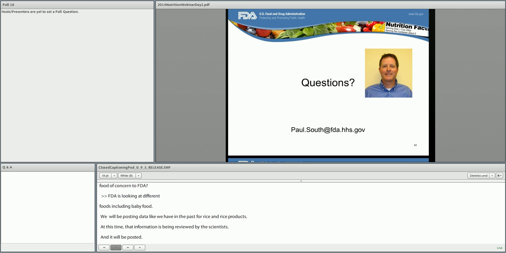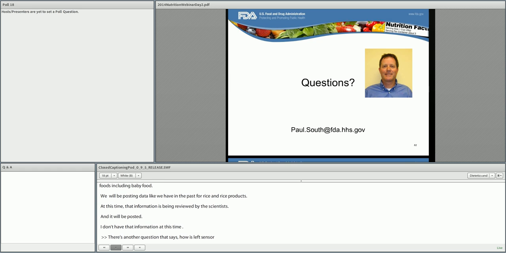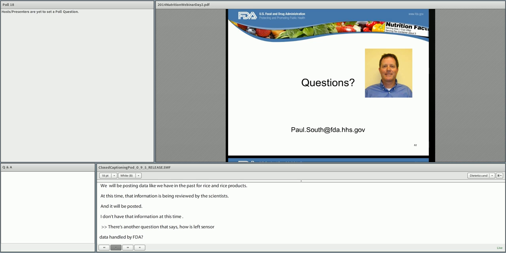There is another question that says, how is left-censored data handled by FDA? So when setting action levels or maximum levels, how is left-censored data assessed for analytical test results? Less sensitive data? Less censored, oh, sensory data. Yeah, censored. Left-censored data, which I don't understand the term. Well, sensory data,